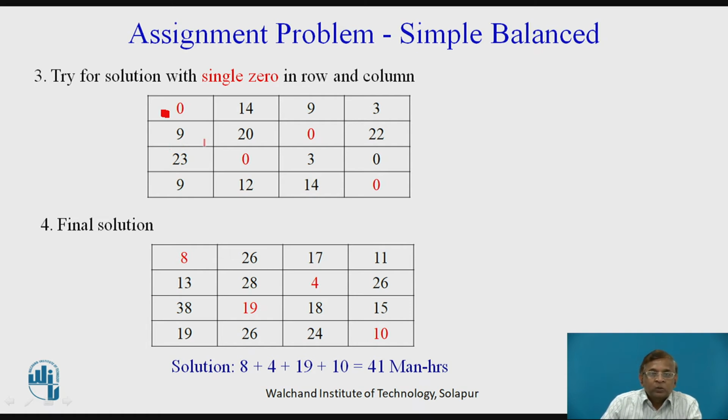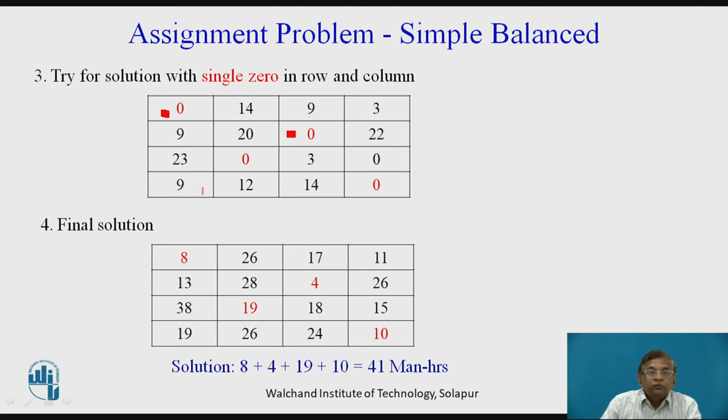Now coming to second row. Second row also has got a single 0 here. So I mark it as we allocate it. Actually you can use different styles of marking. Some people use putting a rectangle, some people use rounding it around, and you can adopt any convenient method. I am just putting a tick here with the red mark so as to understand it is an allocated cell. Now for third row, if you see, there are 2 zeros. Here eventually we do nothing.